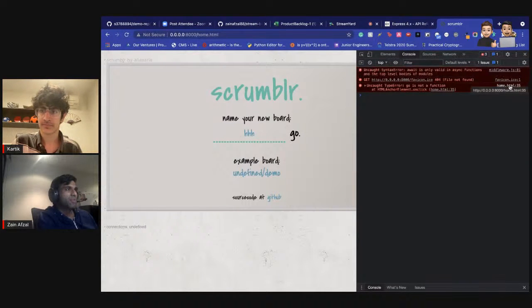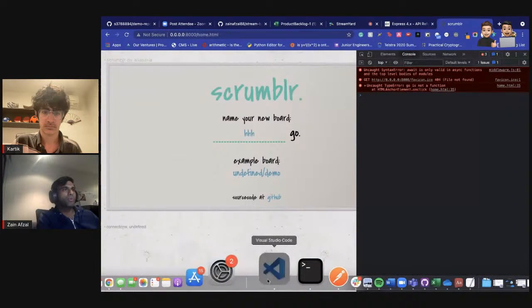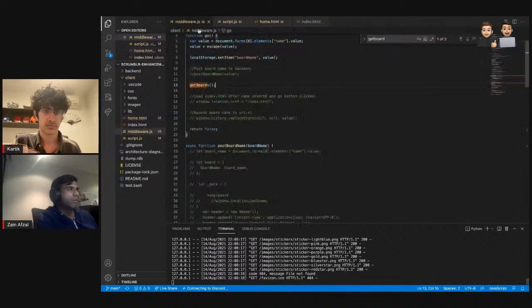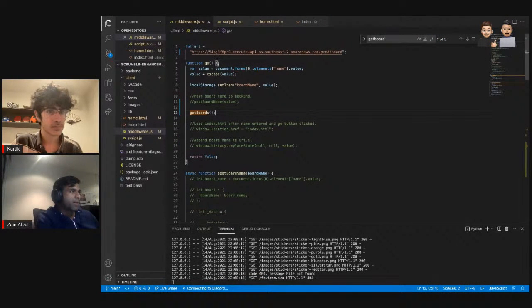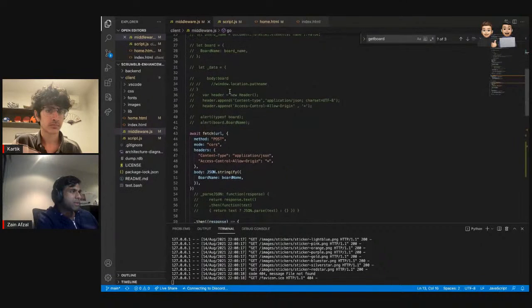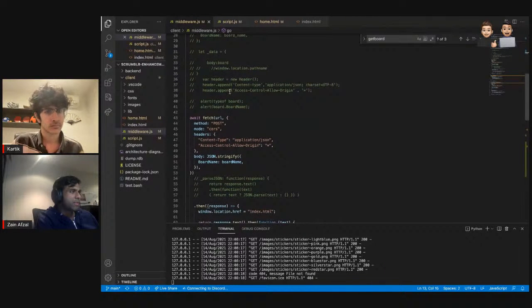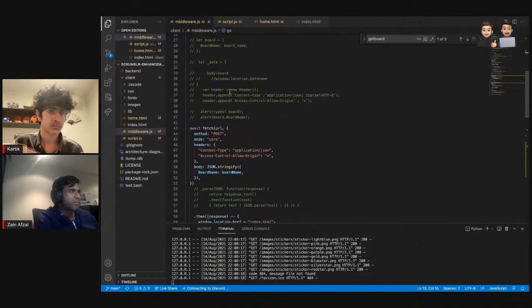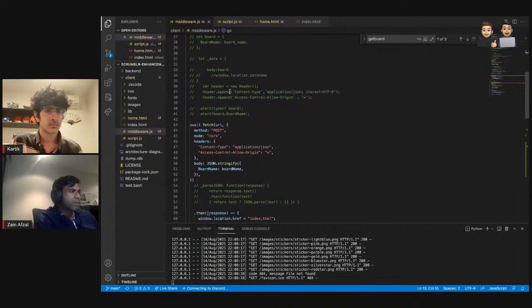Go is not a function. Oh wait, go to the middleware. Yeah, it is async. Go down. Async. Yeah, that's used properly. That's no problem at all. Go down a bit.